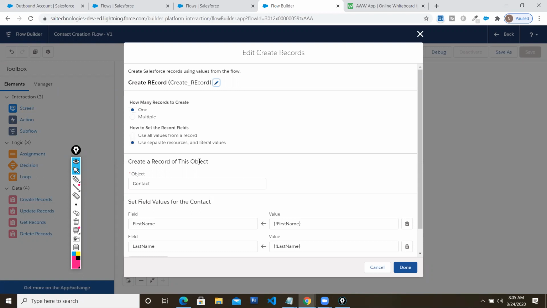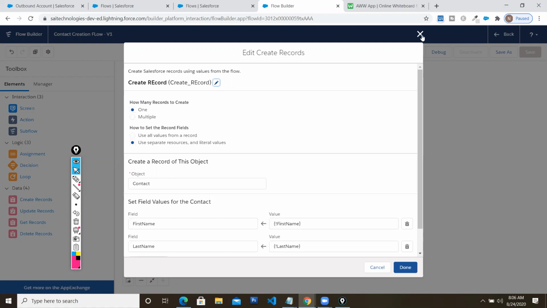Will we do an example on use all values? Yeah, that's what I told. You are going to create an account record. Using that account record's values, you want to automatically update the information in the opportunity. There is no user interaction in between. At that point in time, you will go for use all values. We will see that, and in the next session we will see how you can use the record set